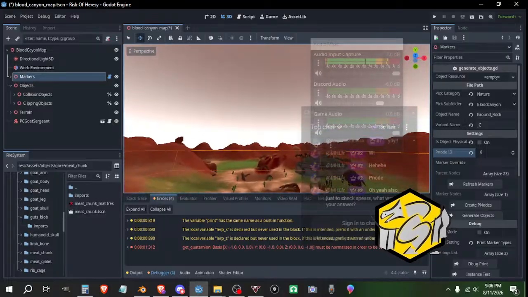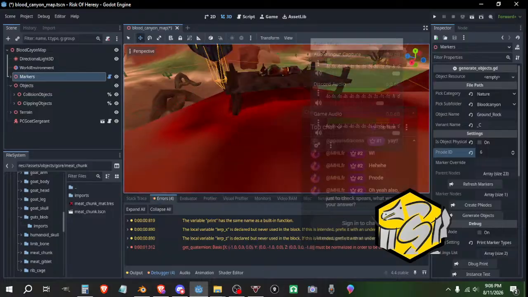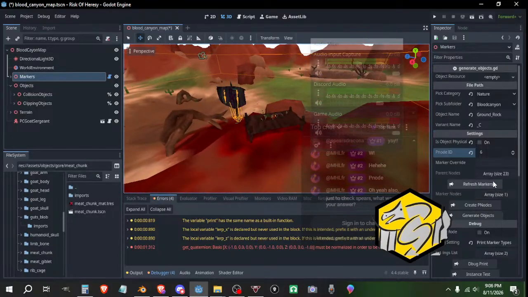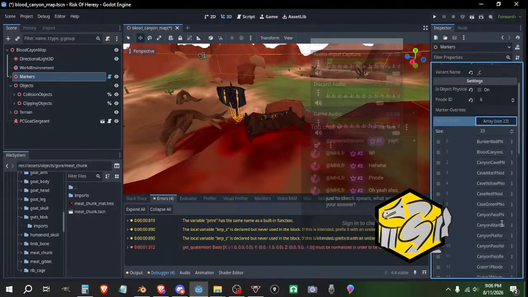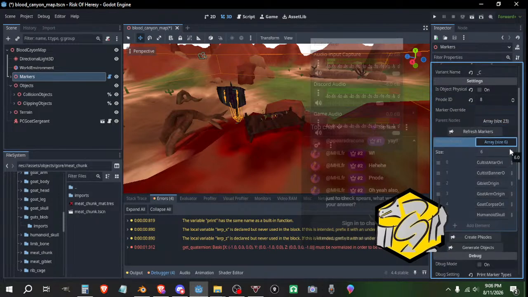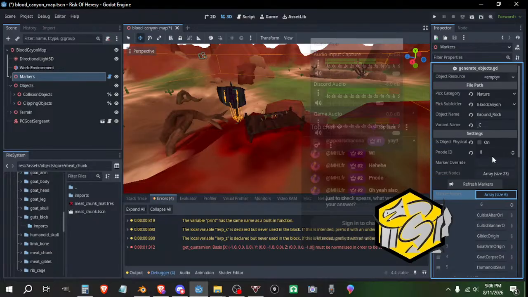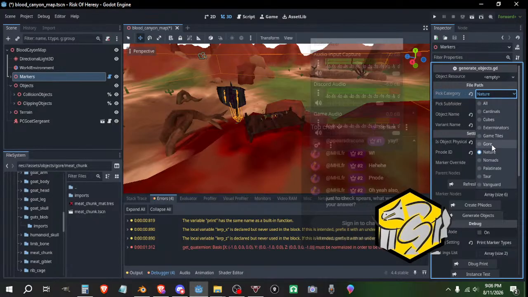Now we can go do the gore. We'll do the canyon pass first. We'll get the markers up because I don't know if they're named correctly. So number 8, refresh. So we got giblet, cultist, goat arm, goat corpse, humanoid skull. So everything else is correctly named, it looks like. Null, and then